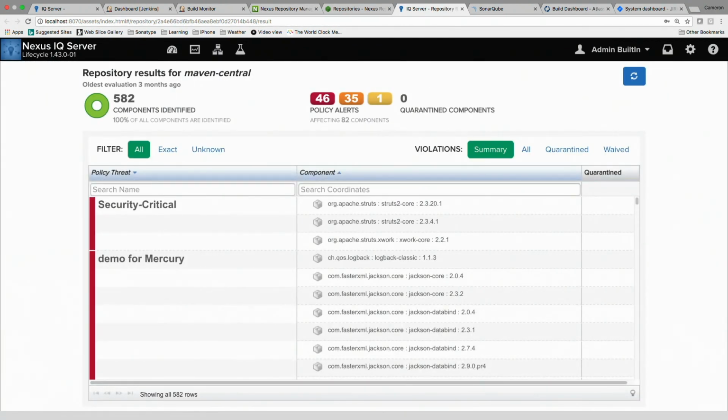But I've now got visibility. That's the first step. So when you're having a conversation with the developers, you can actually say, okay, what are we actually using? And is it vulnerable to exploit? And do I have security and licensing issues in my repository? Very, very quick and easy to do that. The whole idea is that once you have visibility of it, you can start addressing it.